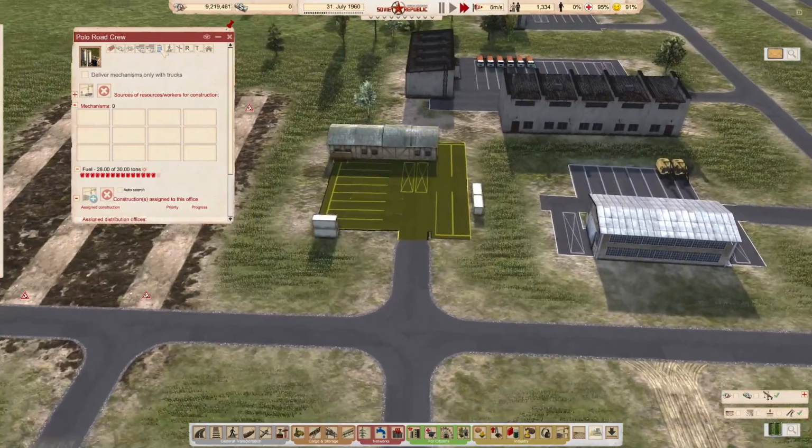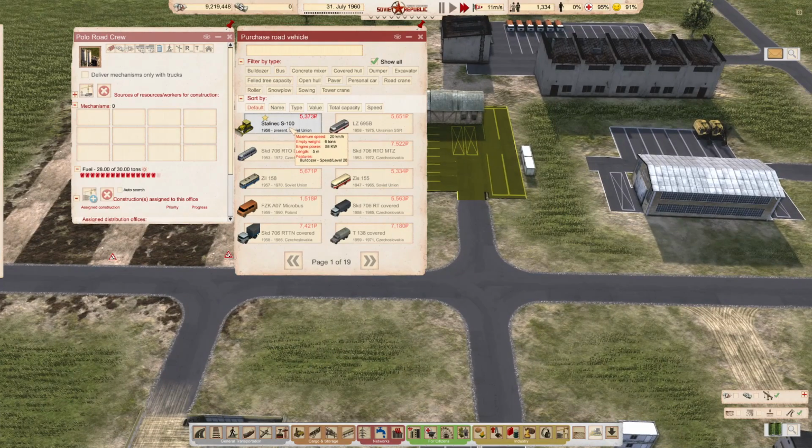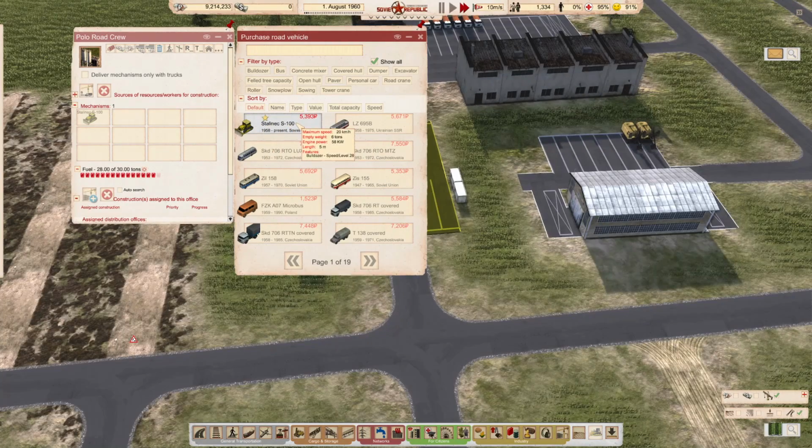Now the next thing we're going to do is just buy what's necessary. Now in this one, I'm going to buy a bulldozer. Now if I put the cursor over the bulldozer, what you see is that all construction vehicles have a road speed and also what you'd call a construction speed. So for this bulldozer, it's got a maximum road speed of 20 kilometers an hour and a construction speed of